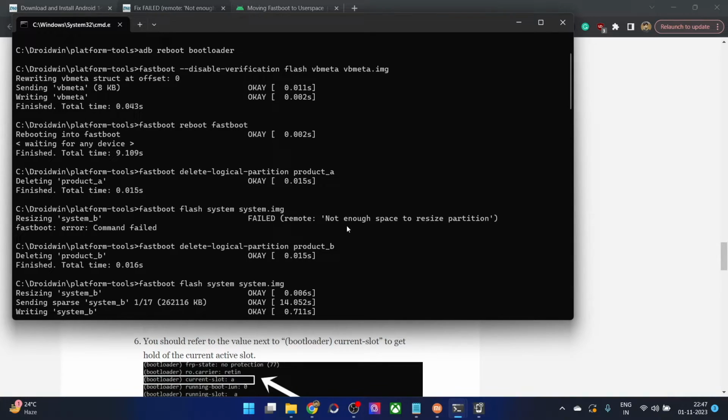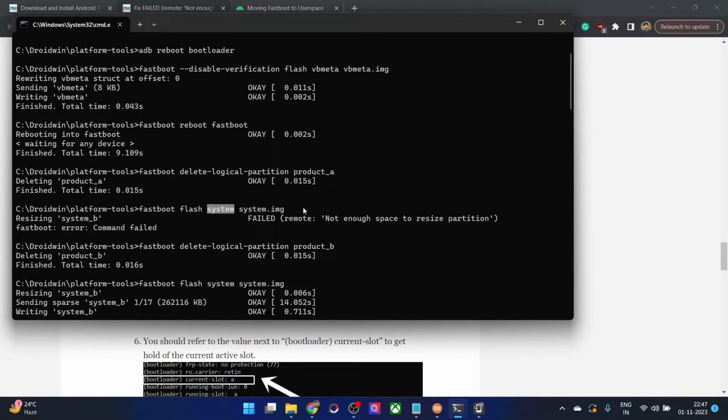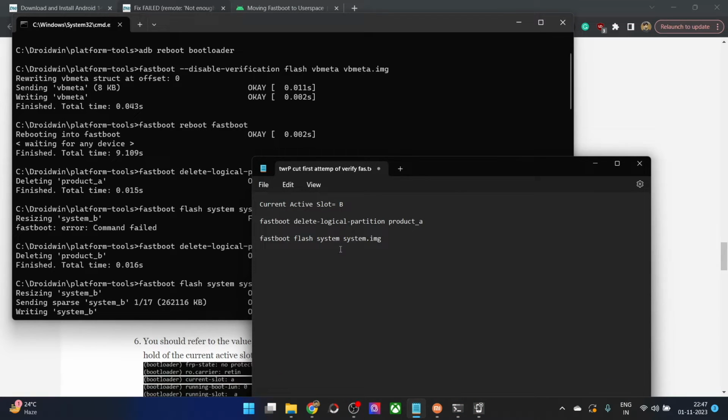Now some of you might also ask one important query, that since we have already removed the product A partition instead of the B partition, can't we just simply flash the system to the system A partition instead of removing the product B partition and then doing all the other stuff? In other words, since we have already made a mistake of removing the product A partition, why go ahead and increase the length of the guide and then again remove the product B partition? So instead of that, you might think that since we have removed the product A partition, let's simply go ahead and do this, so it will then flash the GSI file to the system A partition.